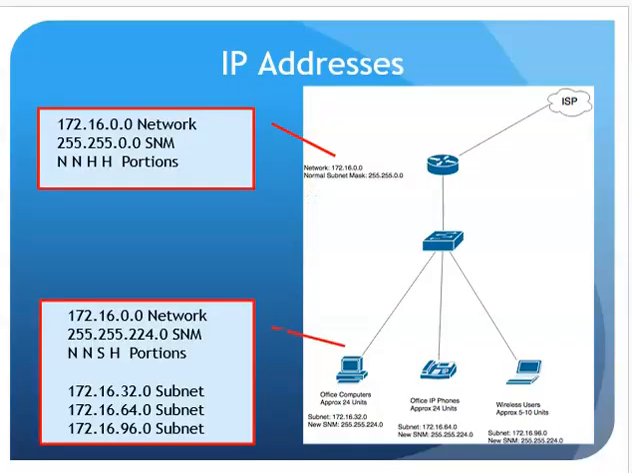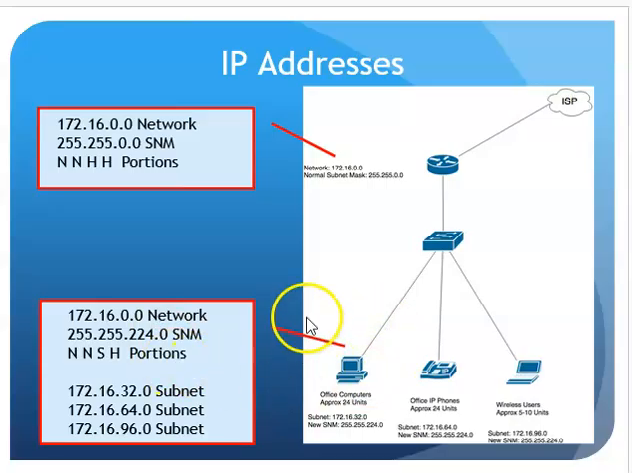Here's a quick example to get you thinking. In this network, I have desktops, IP phones, laptops, or wireless users. I wouldn't leave this as one giant network. I might break this one giant network, 172.16.0.0, into some pieces. I do that by adjusting my subnet mask. When I do, I now have subnets, smaller pieces,